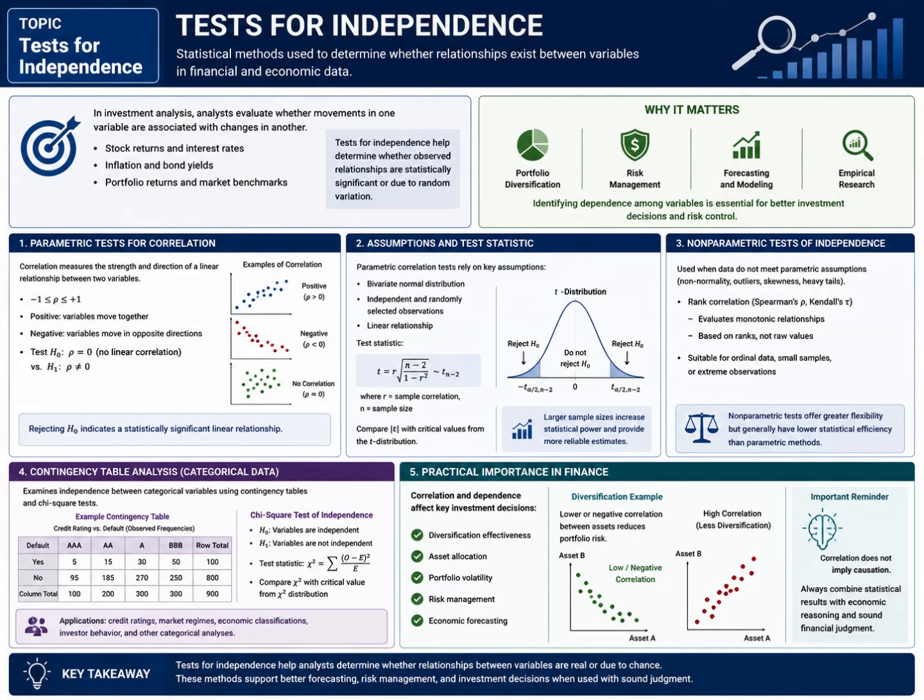Typically, the variables being tested are assumed to follow a bivariate normal distribution, and the observations should be independent and randomly selected. Analysts calculate a test statistic using the sample correlation coefficient and compare it with critical values from the t-distribution. The topic highlights that larger sample sizes generally produce more reliable estimates and stronger statistical power. Understanding these assumptions is important because violations can reduce the accuracy of test results and lead to incorrect conclusions regarding